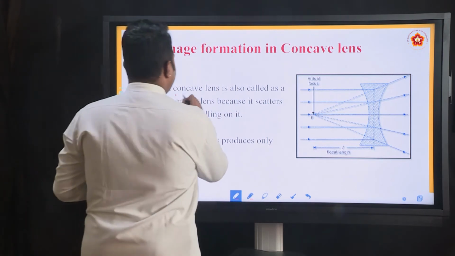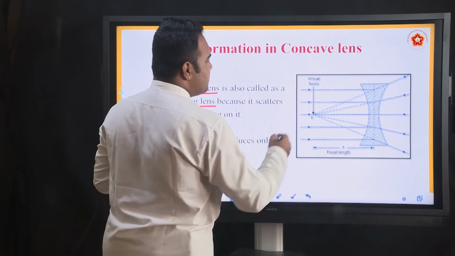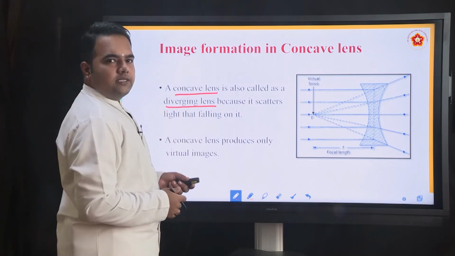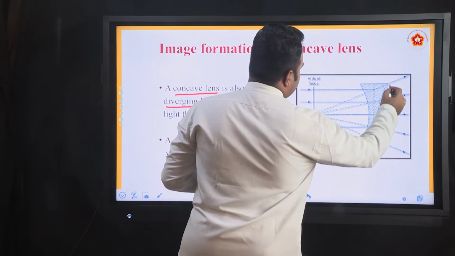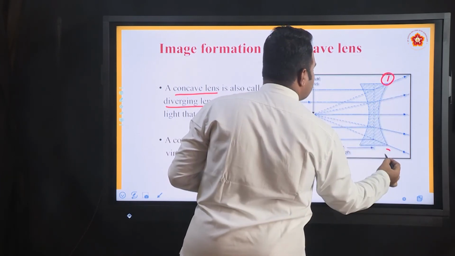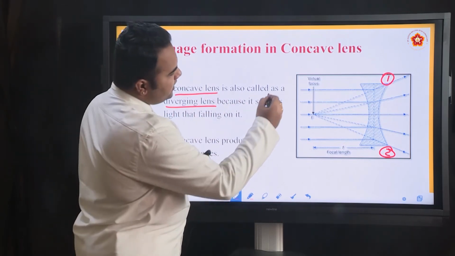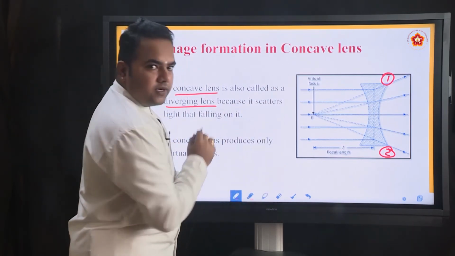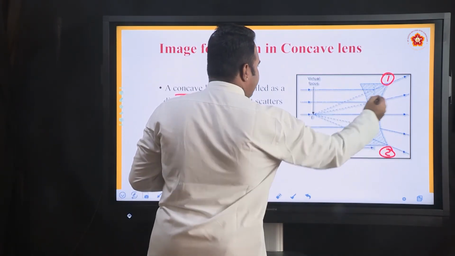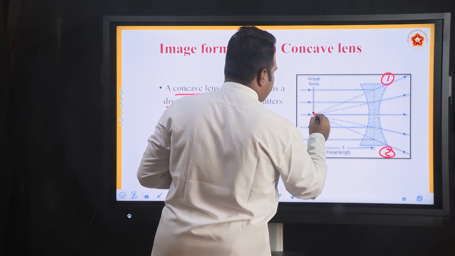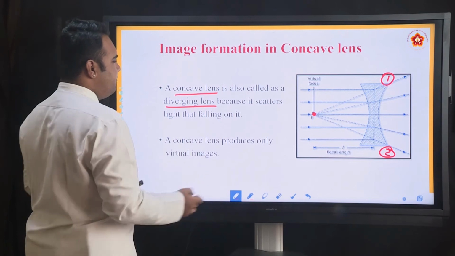Now, a concave lens is also called a diverging lens. We have seen before why it is called a diverging lens, because of the structure and the curvature of the lens that is placed here. The rays of light diverge and go off on this side. Focus only on ray 1 and ray 2 on the other side of the lens. These two are diverging, one going in the upward direction, the other going down. On this side of the lens they never meet, but if you extend back all these rays, they appear to emerge from a point which is defined as the principal focus for a concave lens.